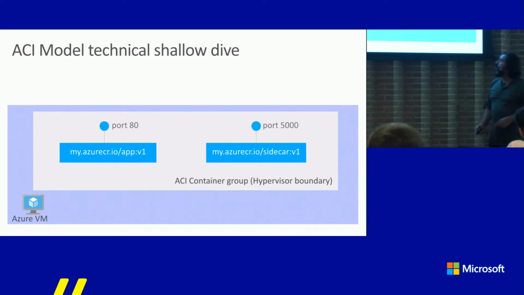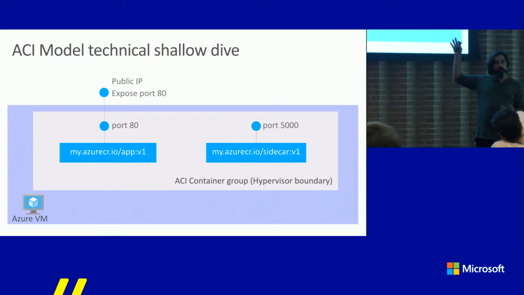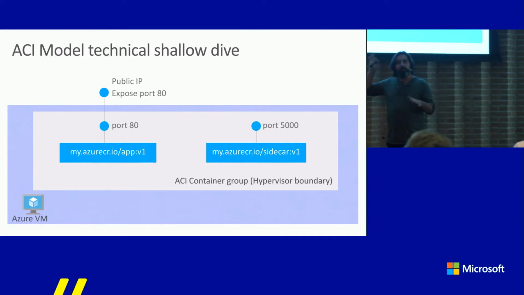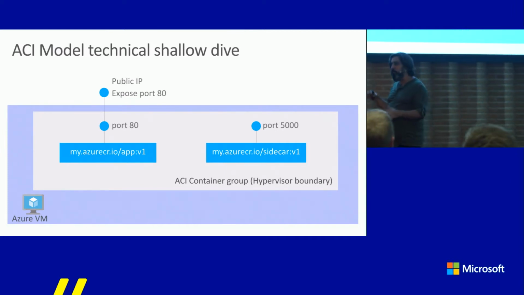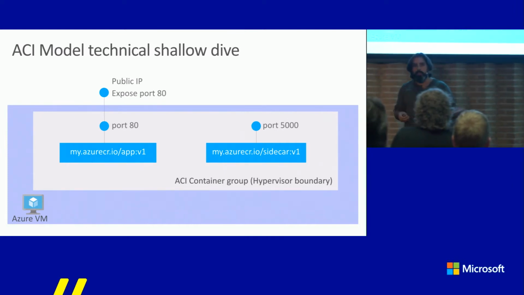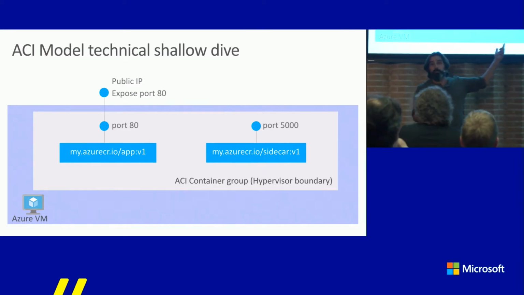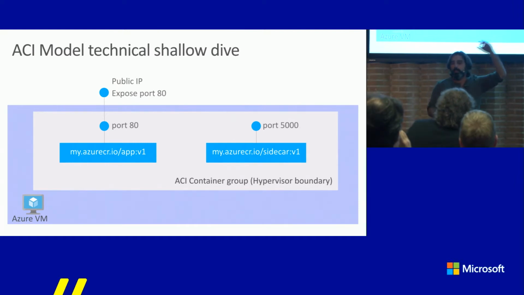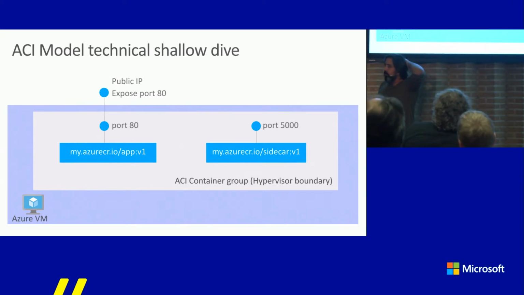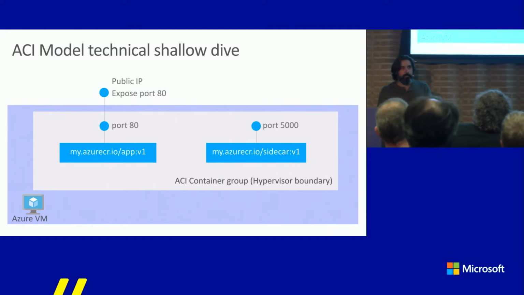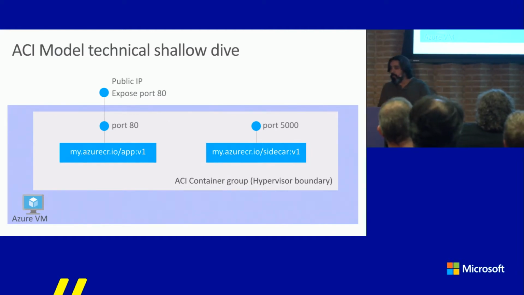And then we expose ports, but of course there is a limitation in there. We cannot expose multiple ports, but for now, bear with us with the simple use cases of just exposing one container to the outside, and the other can expose a port, but it cannot be exposed through the public IP. So very simple stuff. If you have questions, please interrupt us as we go.